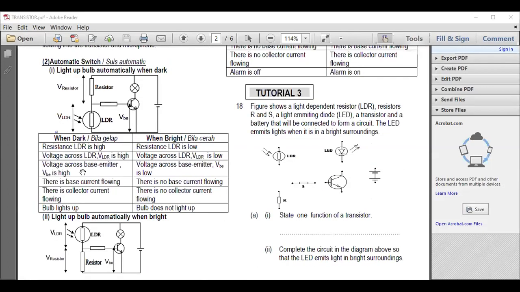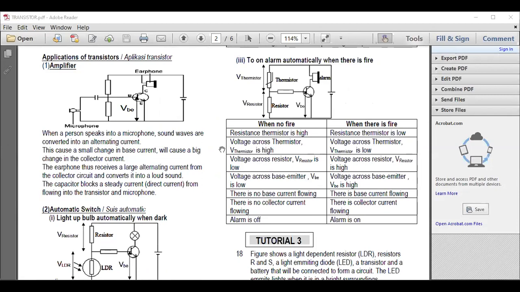Okay, now another automatic switch circuit is the fire alarm. Okay, for the fire alarm, what's going to happen is we're going to switch